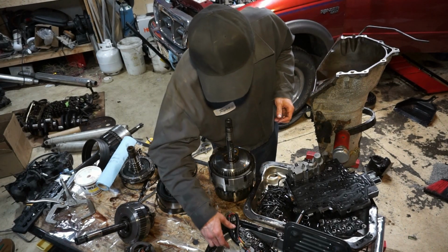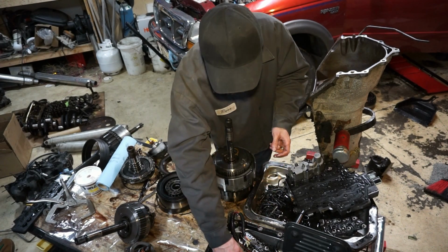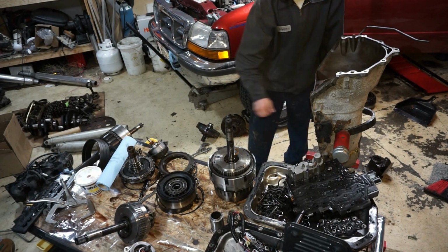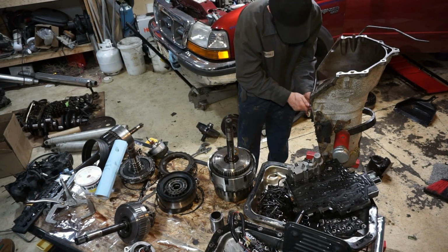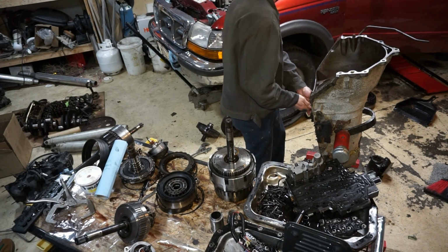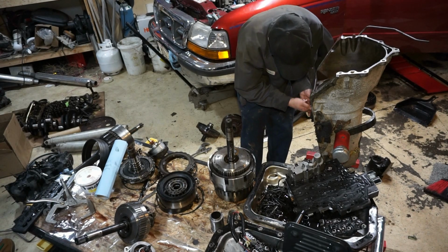And then I should be able to do this little guy. Slam it in the hole. It's aluminum, so I'm going to be careful with it. If I was really fancy, I'd use my wrench, but